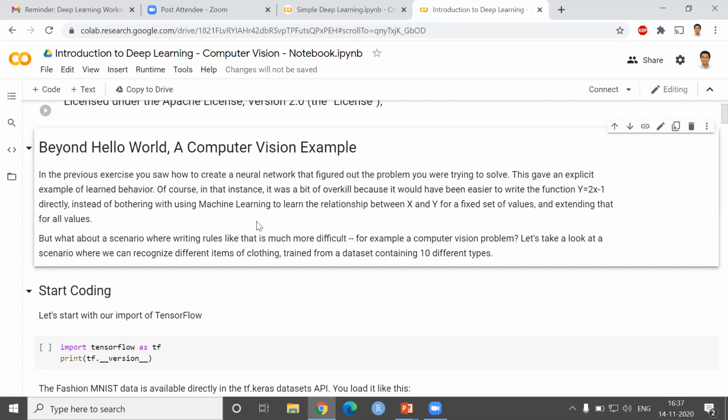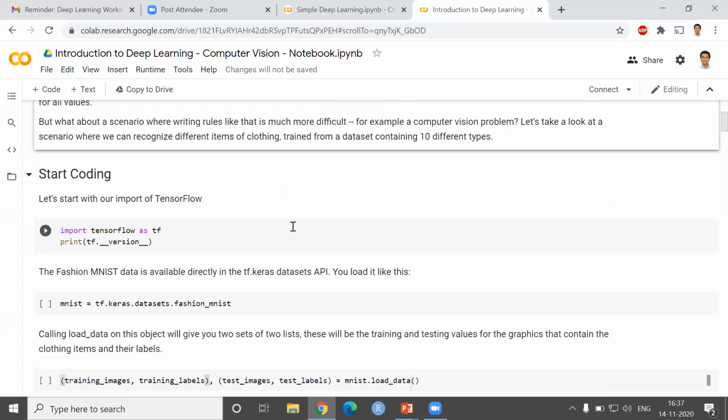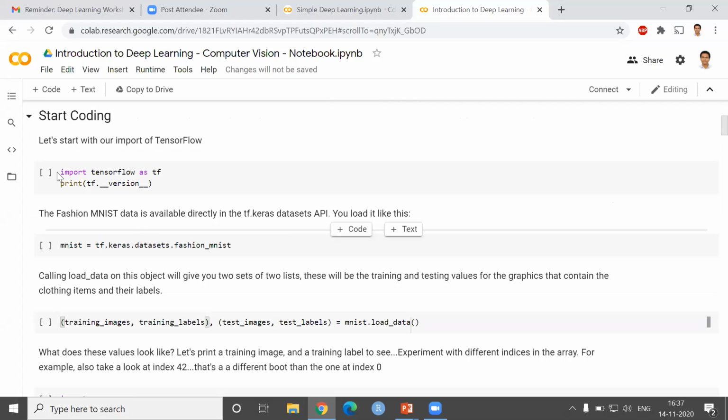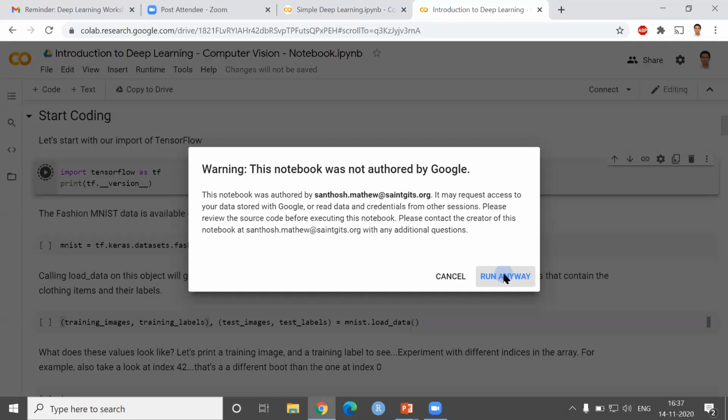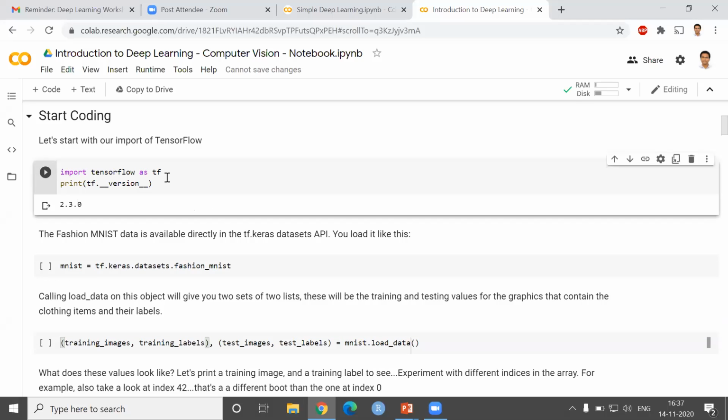So this is the beyond hello world. This is a computer vision example, where we are trying to classify images. In a similar way, we'll import TensorFlow. I'm importing TensorFlow as tf, and I'm also printing the TensorFlow version.